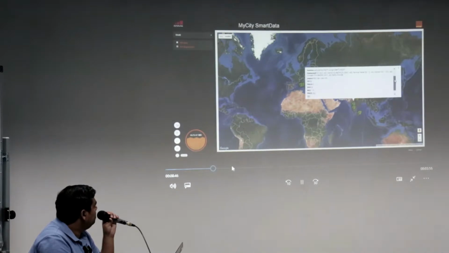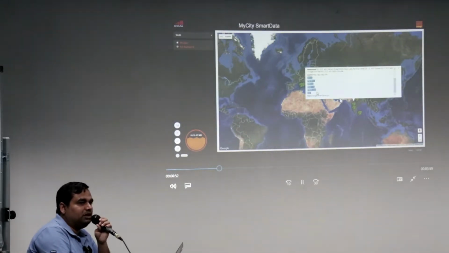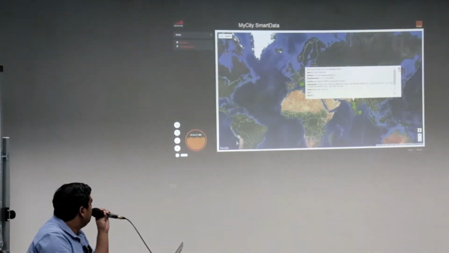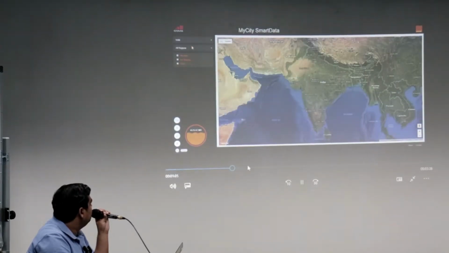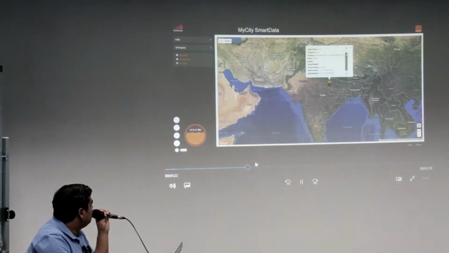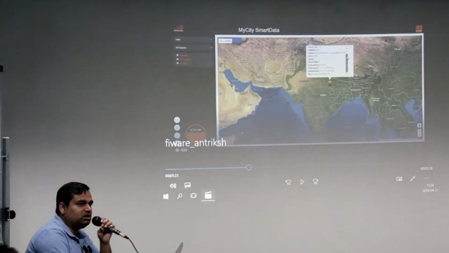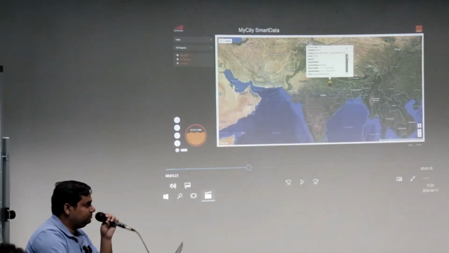you can see the air quality in some parts of India. You can see the PM 2.5 level, PM 10 level, and so on. If I move further, then there is information on live trains. Where is the location of the train? You can track that.